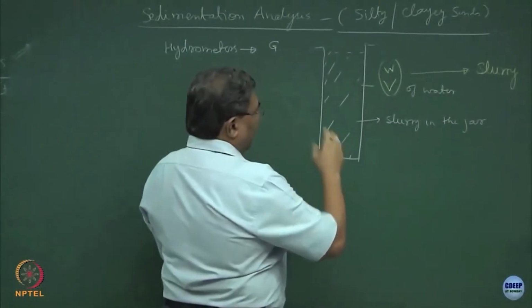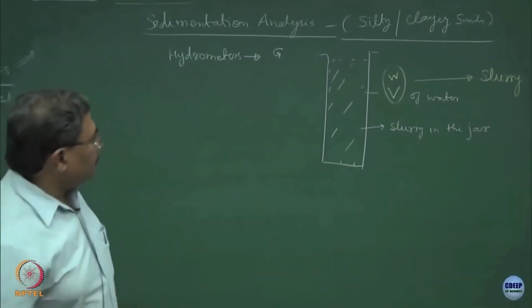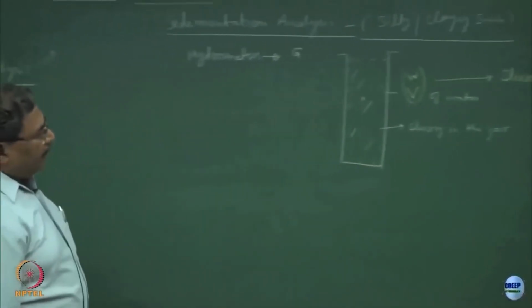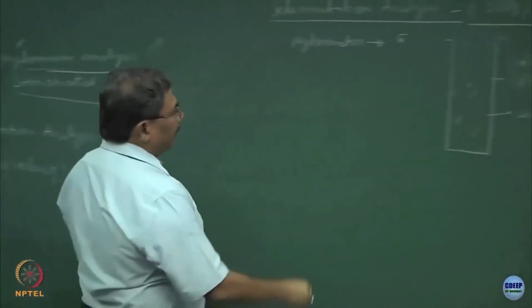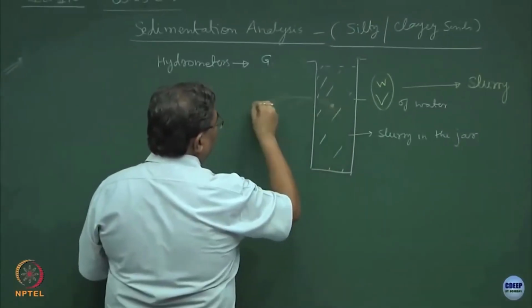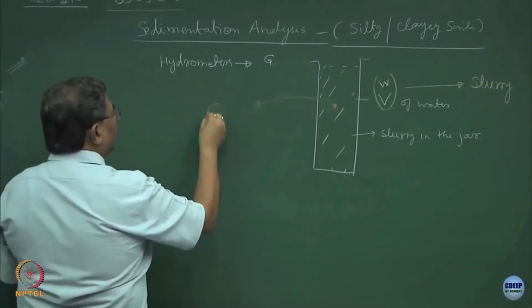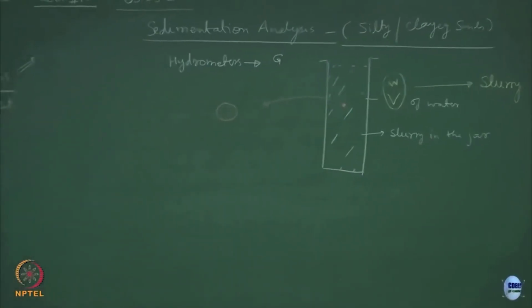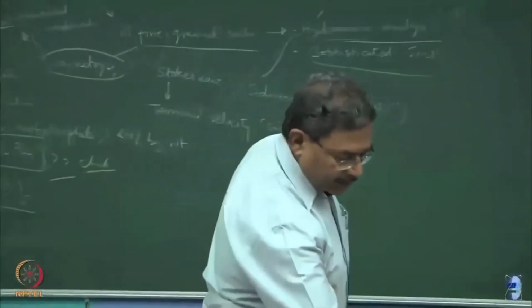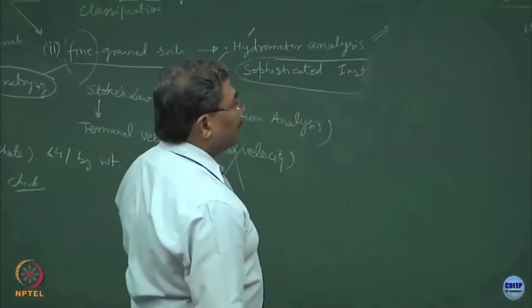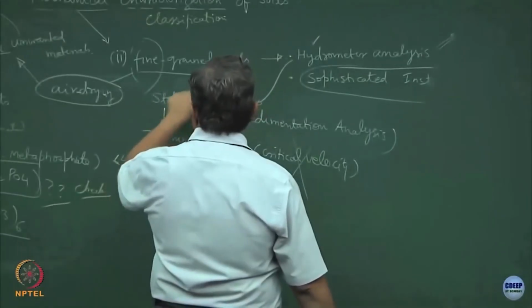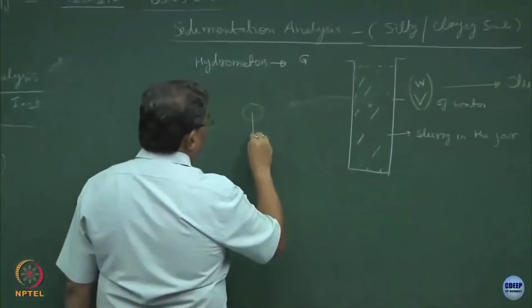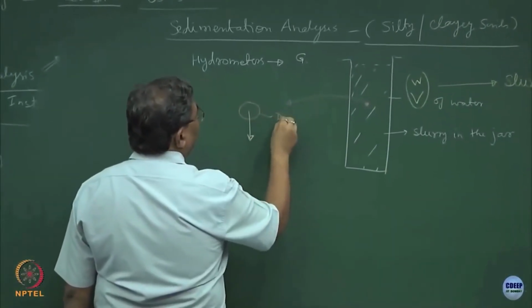So, as far as the mechanics is concerned, if I consider a particle of a fine grained material which is falling freely in the system, and if I zoom it, this is how it will look. A poor assumption is that even the fine grained soils are spherical in nature. It is an assumption. The Stokes law limitation is that it is valid only for spherical particles. So, if d is the diameter of this grain,